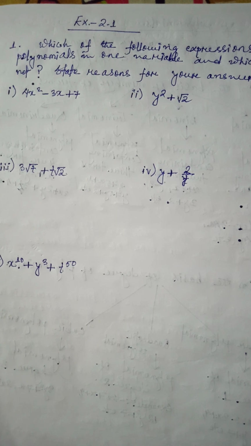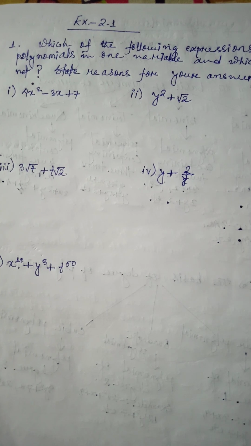Today we will discuss class 9 maths problems based on exercise 2.1. As we can see here, the first question is: which of the following are polynomials in one variable and which are not? State the reason for your answer. We have to check whether it is a polynomial in one variable or not. For that we are given